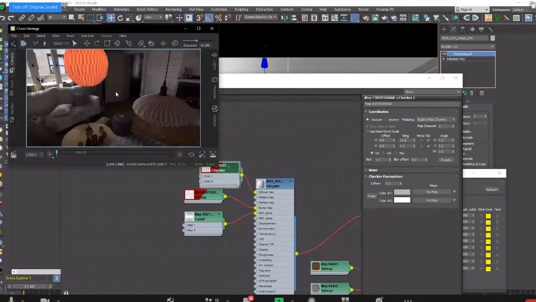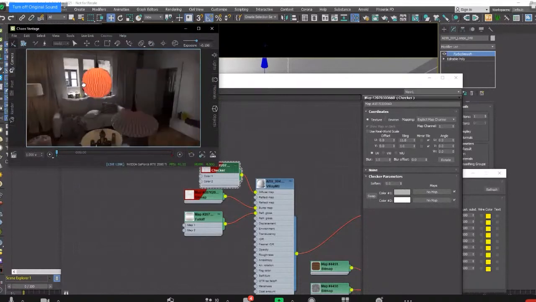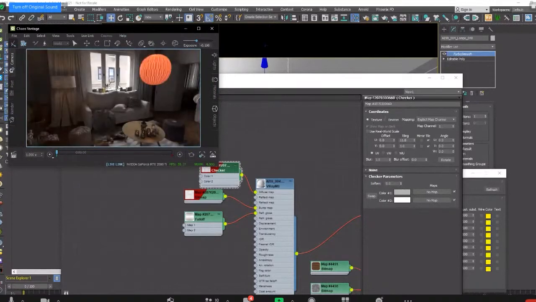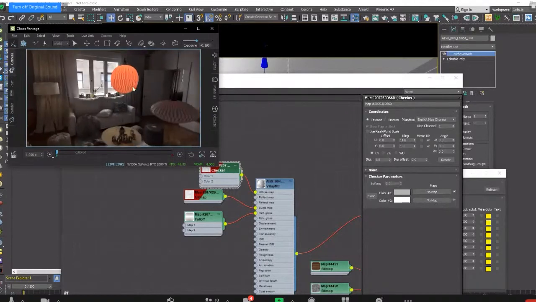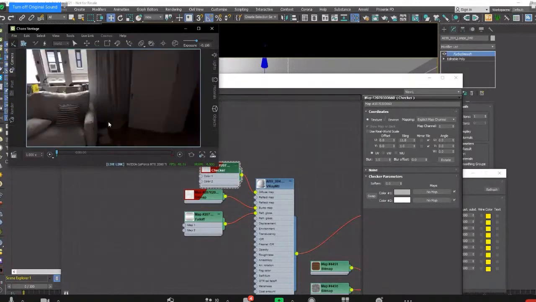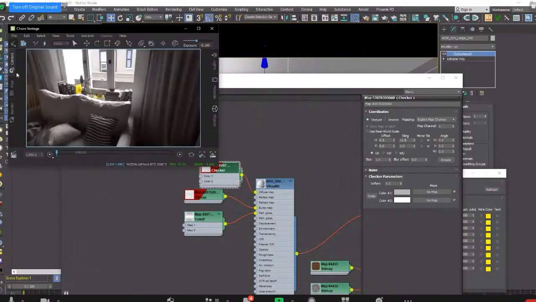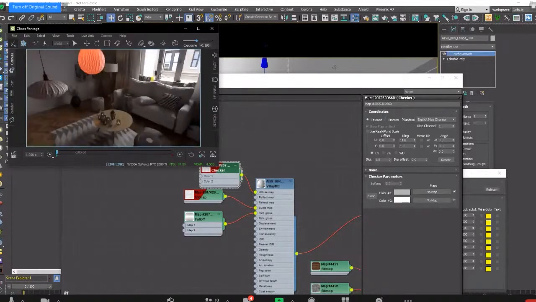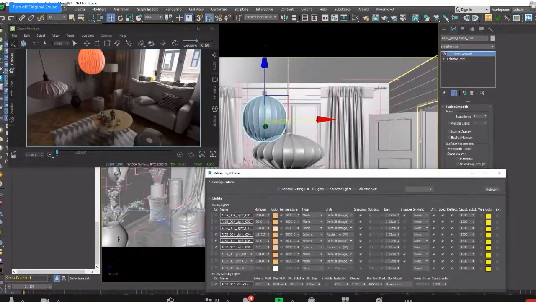Or you can also use the regular 3ds Max navigation, with zoom in and zoom out and orbit around, or the first-person navigation by holding the right mouse button. Okay, but enough of that. The cool thing is that, as I said, you can use this as a temporary walk around in the Vantage viewport. But as soon as you do small modifications, so for example, I can just move the camera,